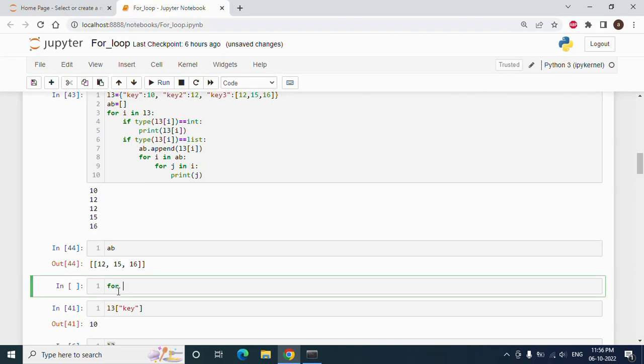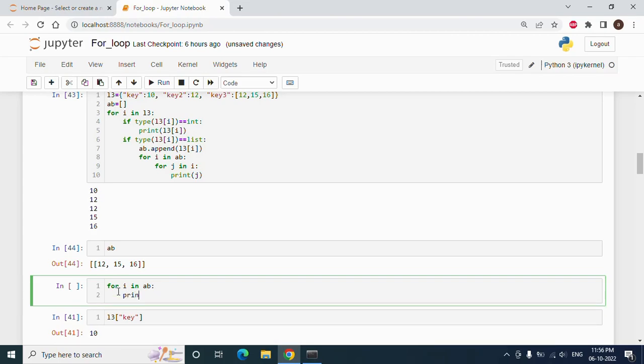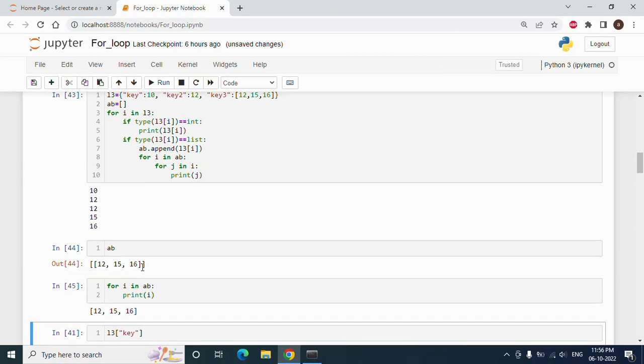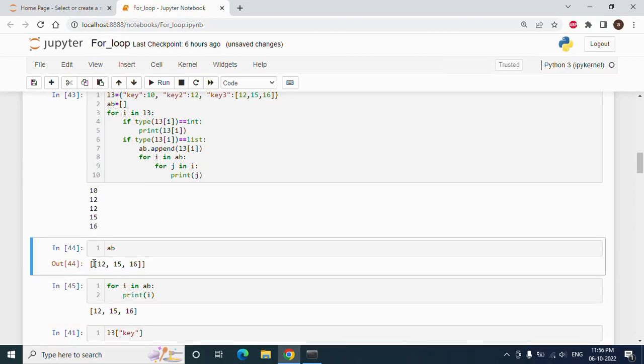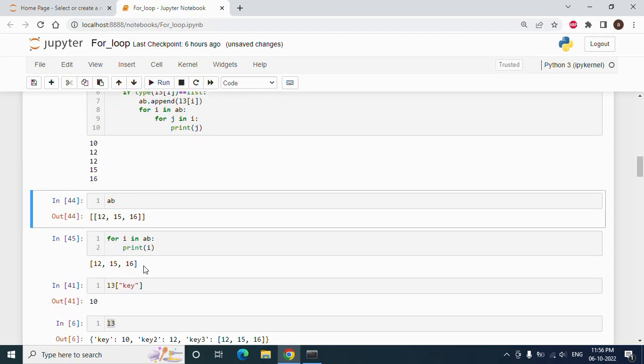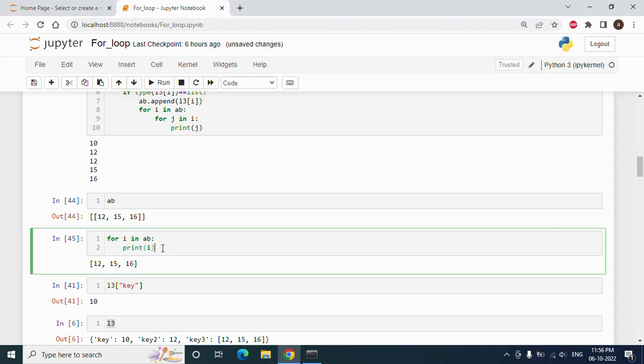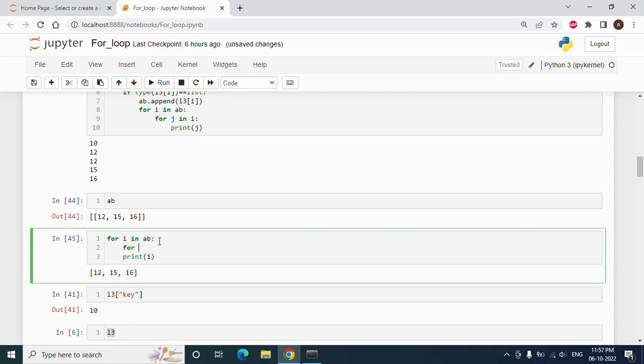See, for I in AB, print I. What will happen? Just this one is gone and this list appears to you. Again, if I write over here for J in I,